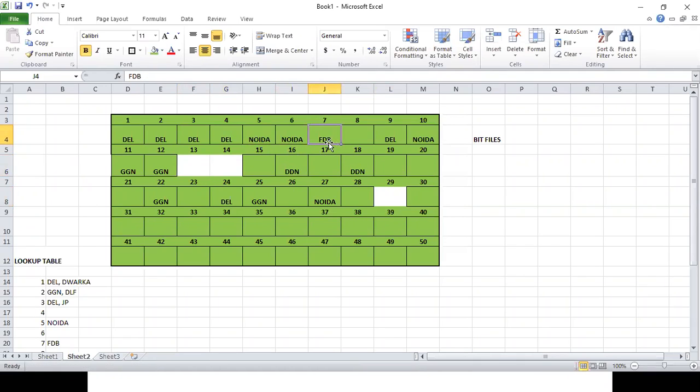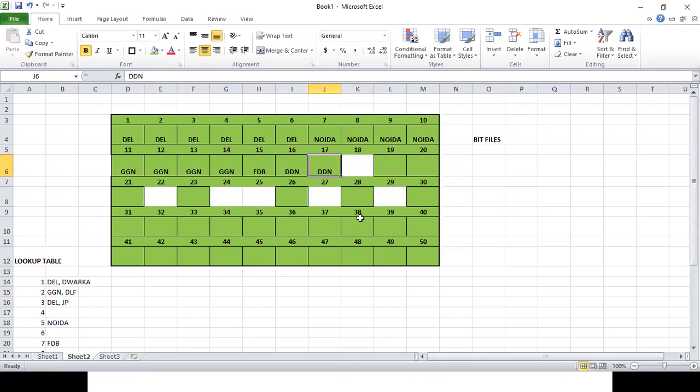Let me put Noida over here, and this Noida will be over here. This Delhi will be over here. Then Gurgaon will come over here, Faridabad will be over here, and Dehradun. Now what is your observation in this? What have I done?